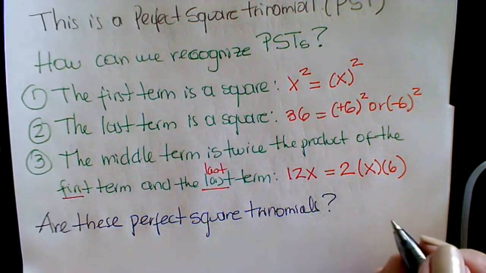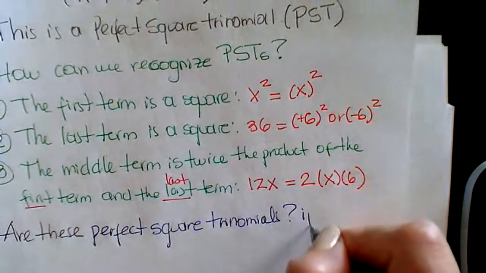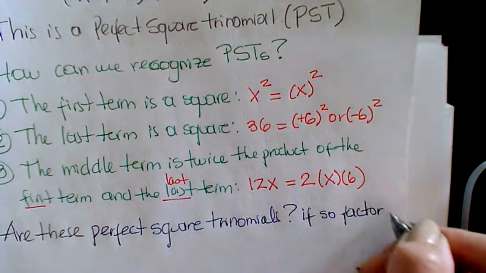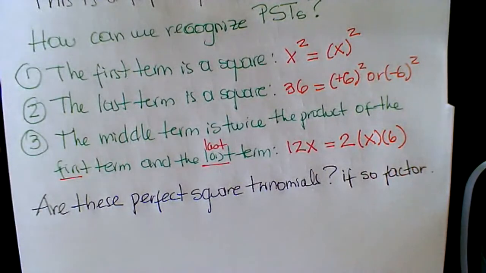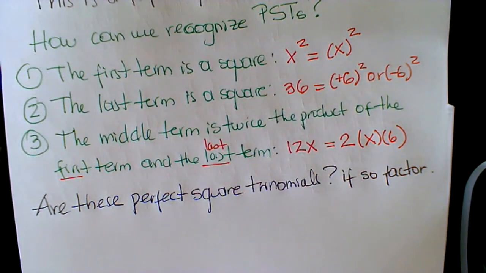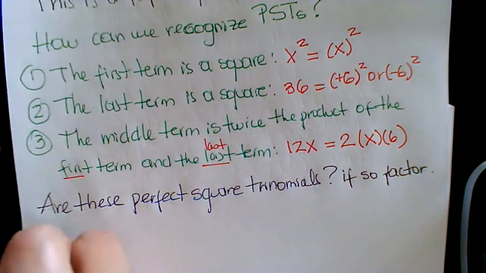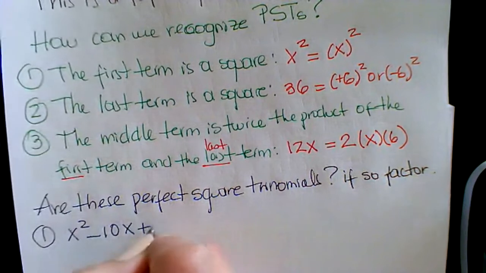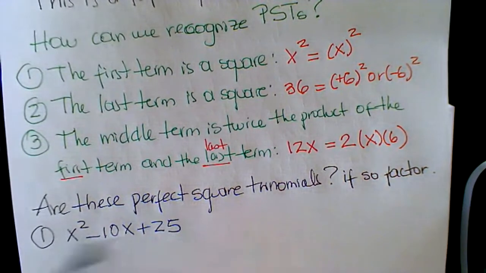And if so, we need to factor them, okay? All right, so let's do the first one. The first one says x squared minus 10x plus 25,